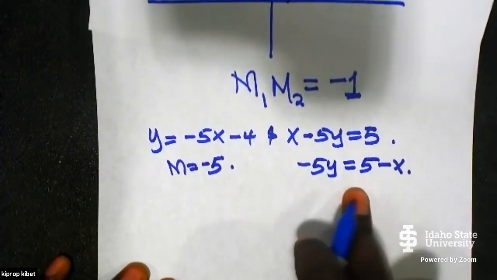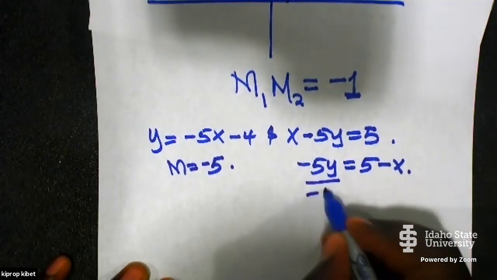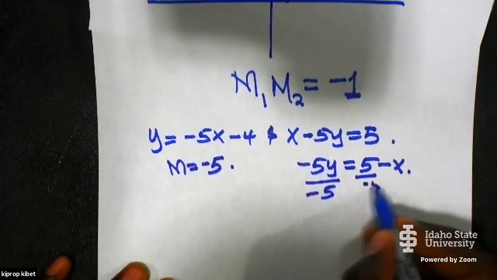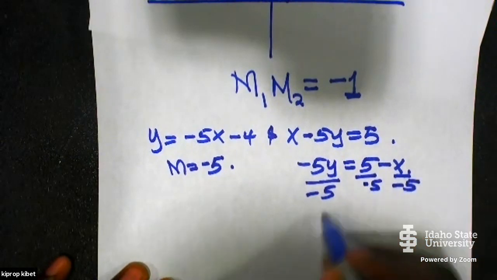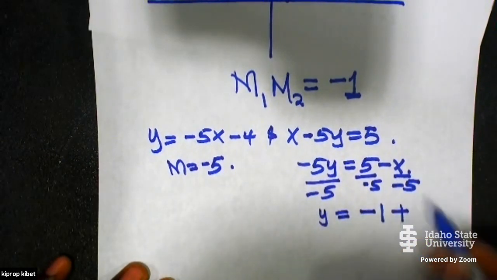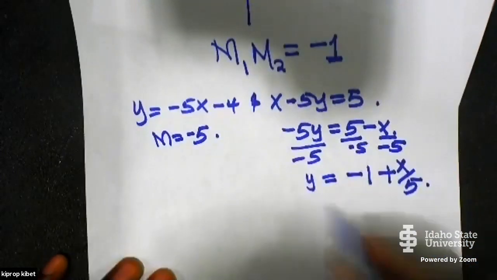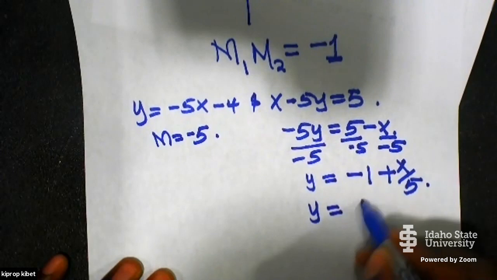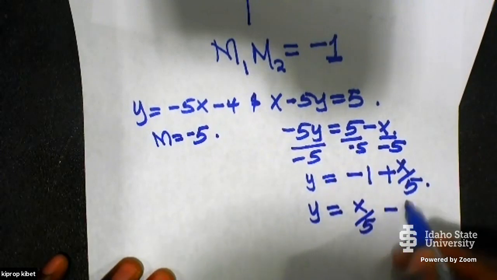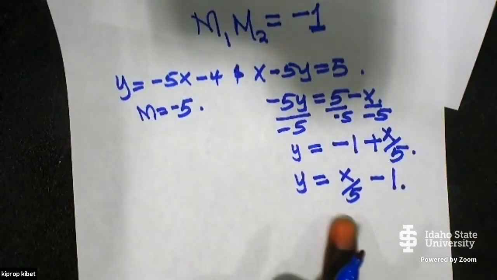Then you divide by -5, so y equals -1 plus x over 5. So y is the same as x over 5 minus 1. So our gradient here is